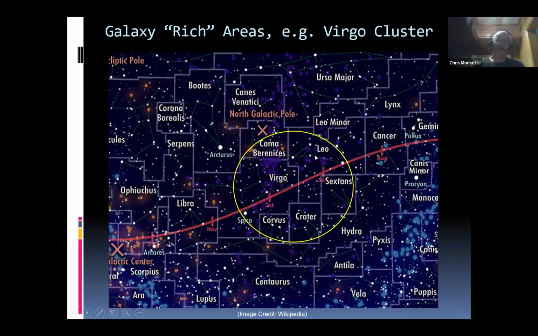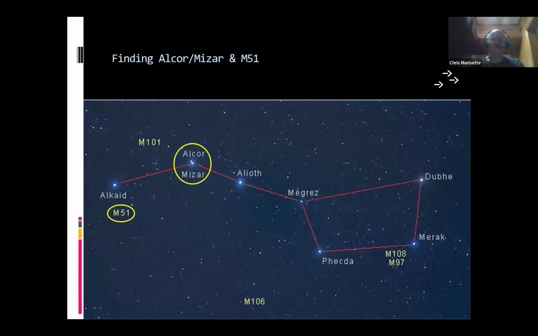So, by virtue of our position relative to the Milky Way, and the direction we're facing, and all of the galaxies that are out there, that's why we're in galaxy season. All right, so with that, let's go ahead and start finding some of the targets that should be on your list for this